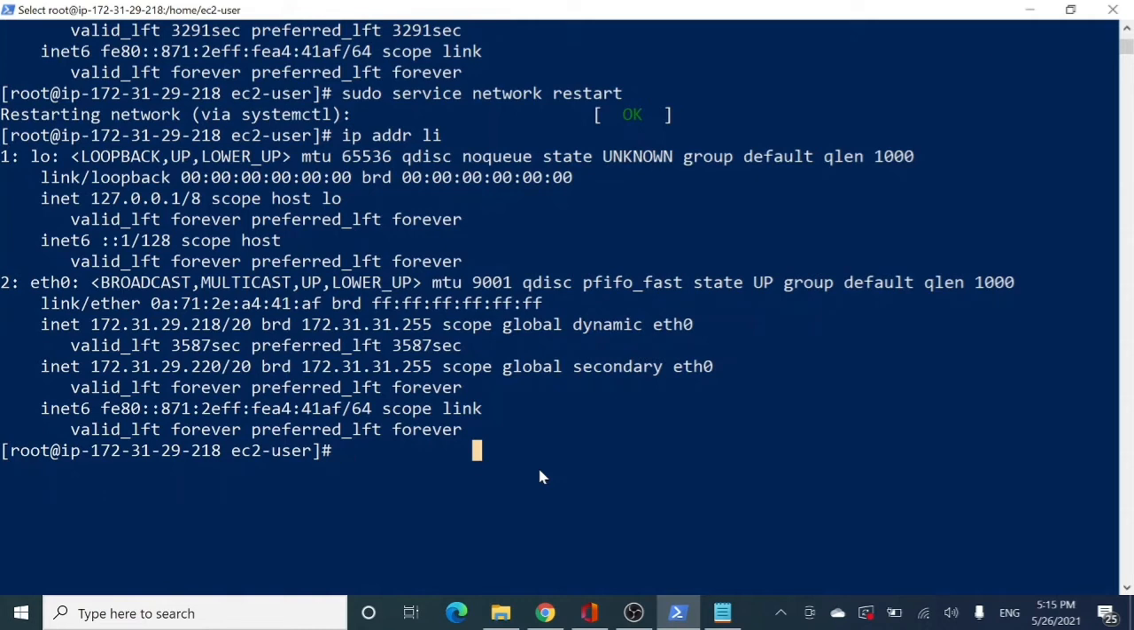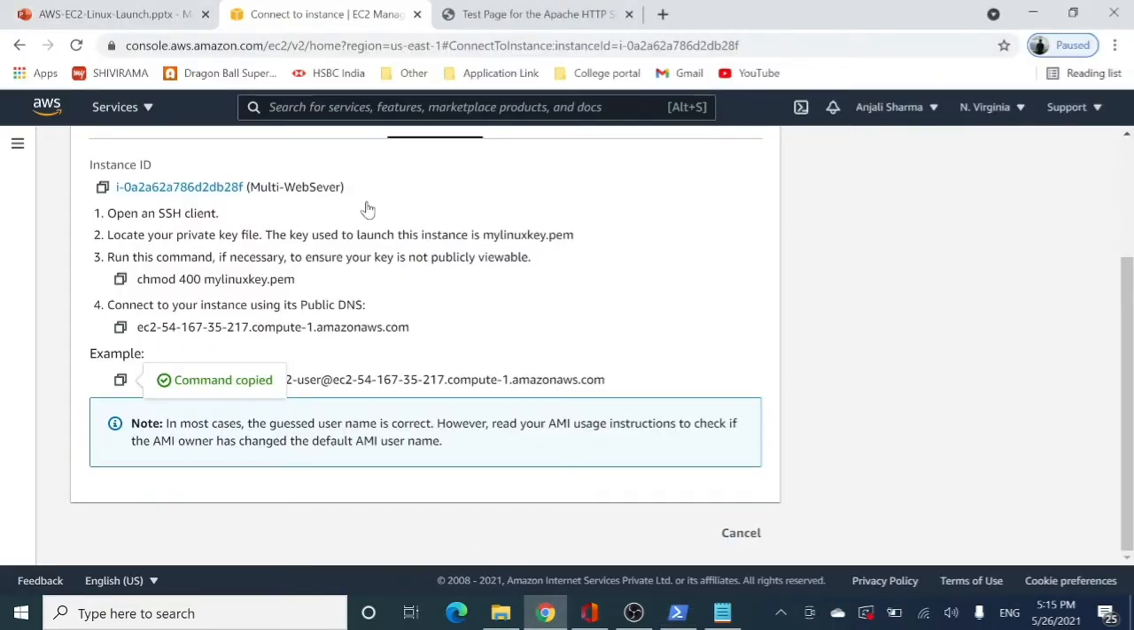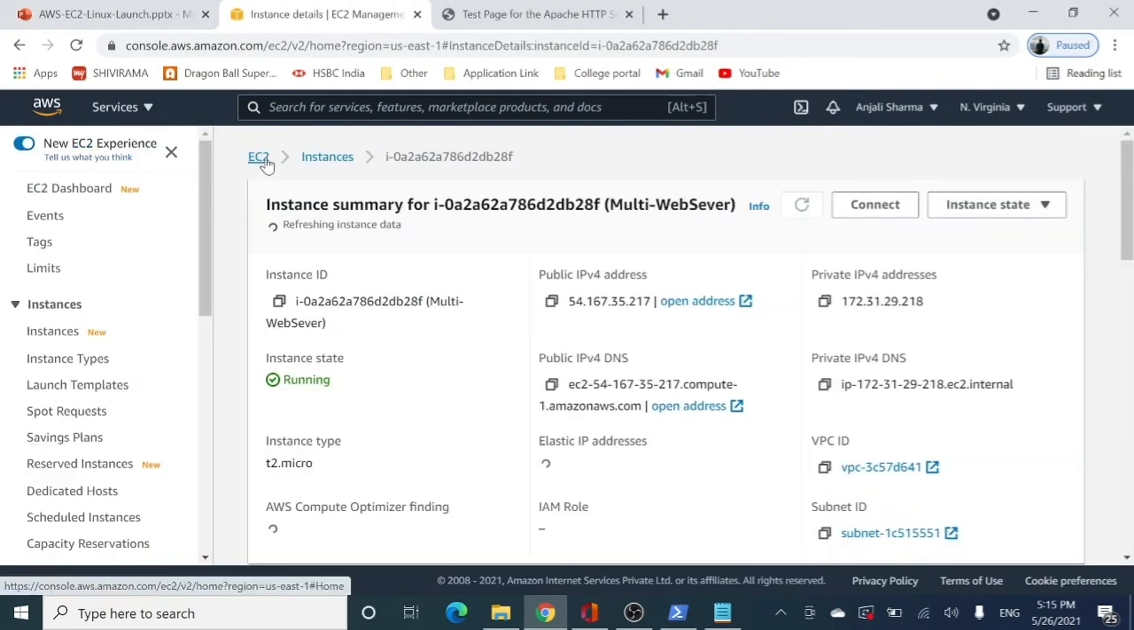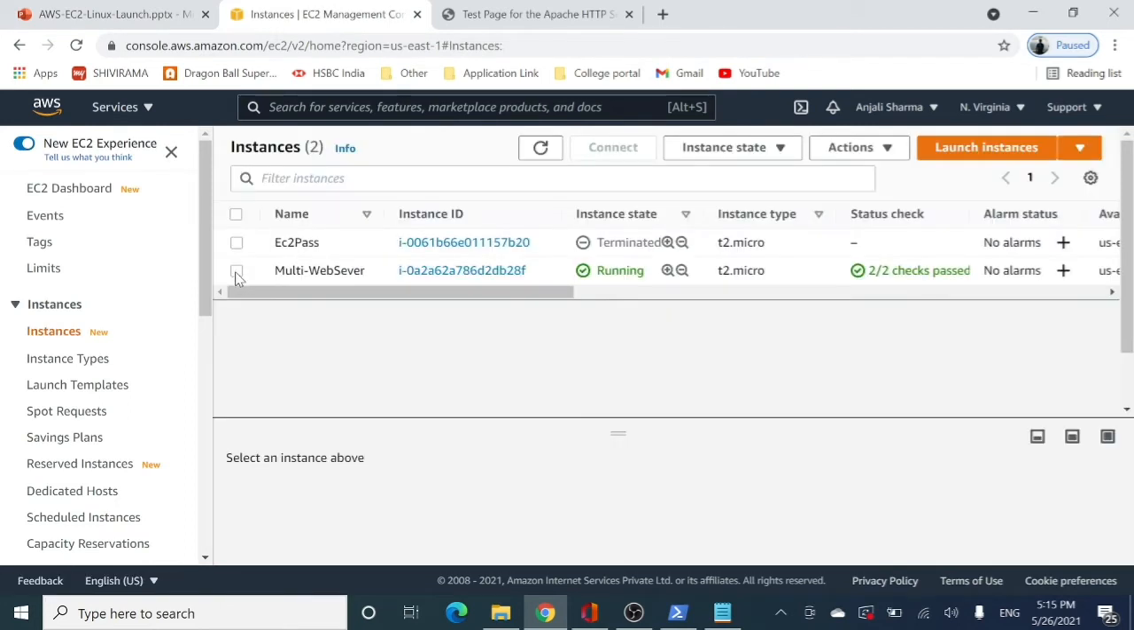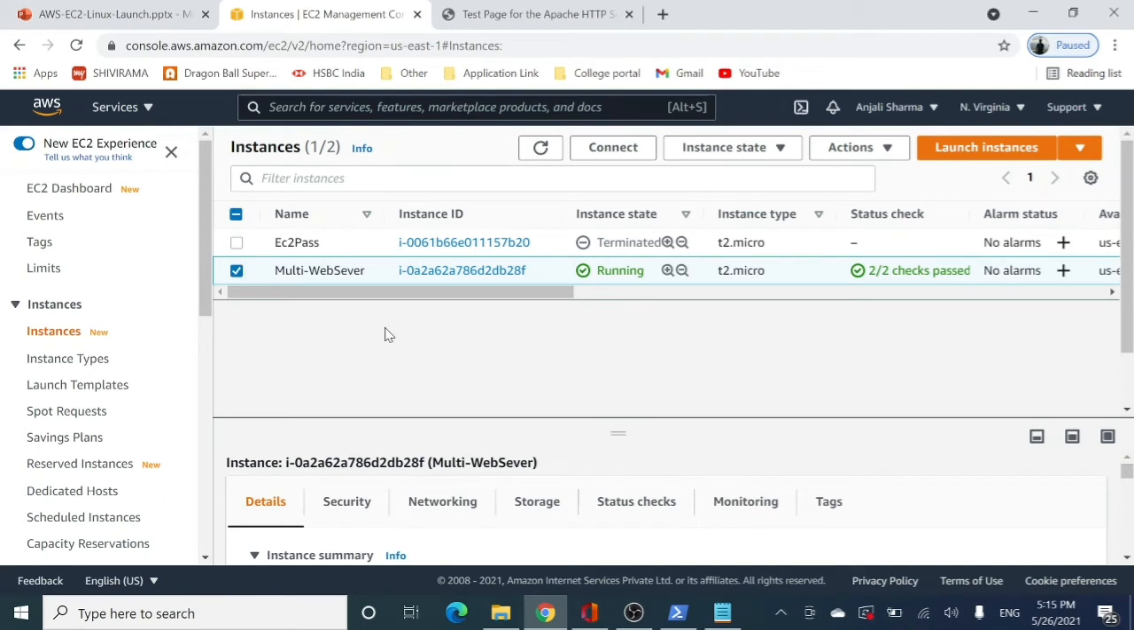Now at this point, we are in a state to use both the private IP addresses of our EC2 instance. So this step is really mandatory. Now coming back to our management console and to our instance, with this we have completed the second step, that is we have associated our EC2 instance with two